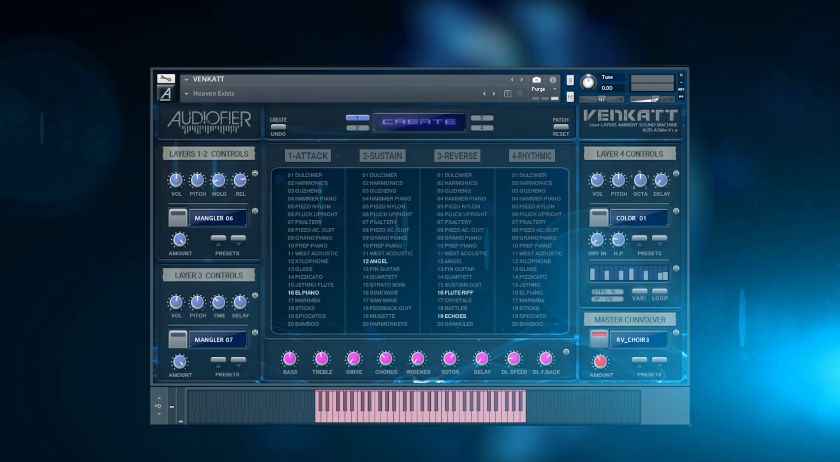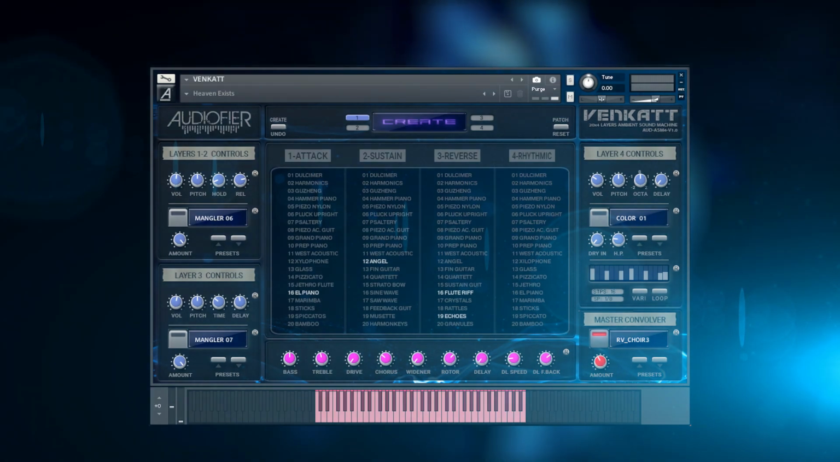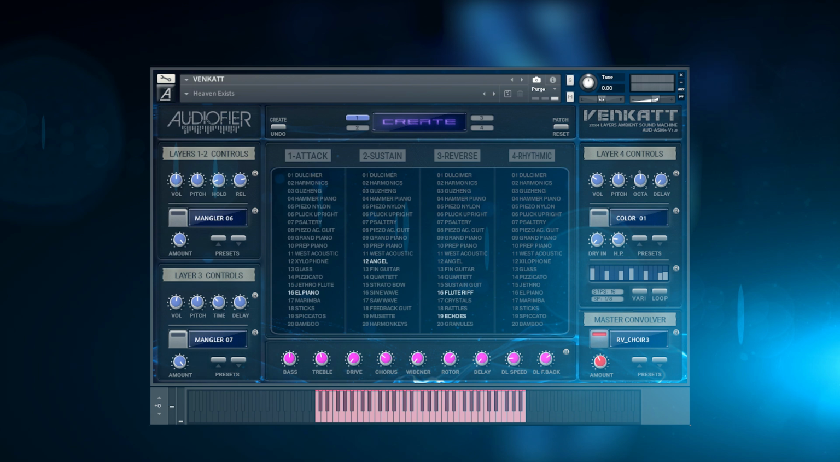This new overview video is for our new library for KONTAKT called VENKATT. VENKATT is a 20 x 4 layers ambient cinematic library. 20 x 4 means we have 4 different types of sound qualities and 20 multi-sample sound sources for each of